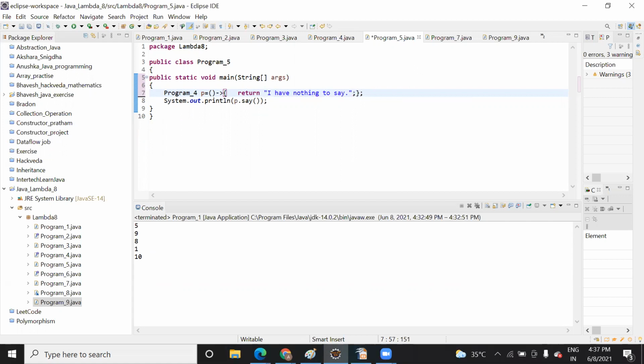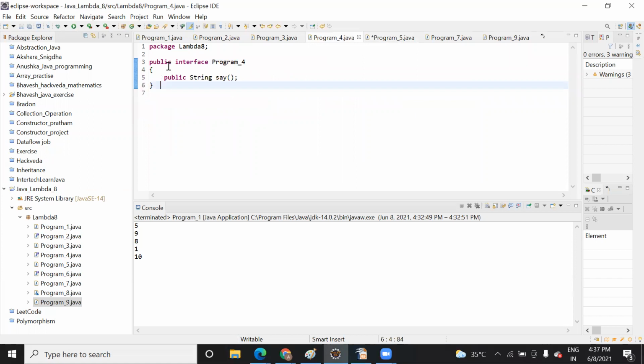how are you going to write it? Your interface name. Why have we written the interface name? Because I have not implemented it here, right? If I implement it, then I don't need to declare any public and all. But let me show you what error will come if I remove this public.